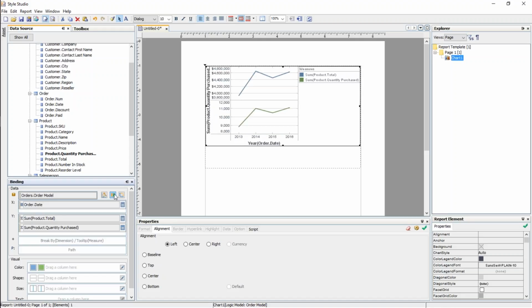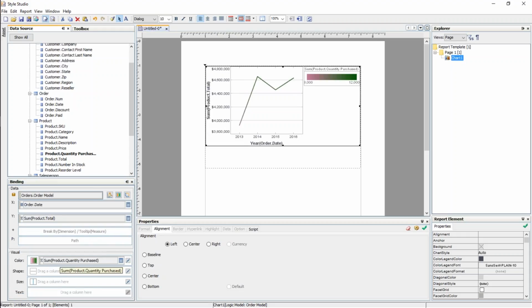I can also use color, just like we did a moment ago to represent the date dimension, using different colors for the different years or different months or whatever. I can do the same thing with a measure. I can use color to represent the values of a measure. So for example, I can grab this quantity purchase field and drag it down to the color region here, drop it in there, and then what happens is that the aggregated total is still being represented by the height on the y-axis, like it was originally, but now I've got this quantity purchased measure being represented by a change